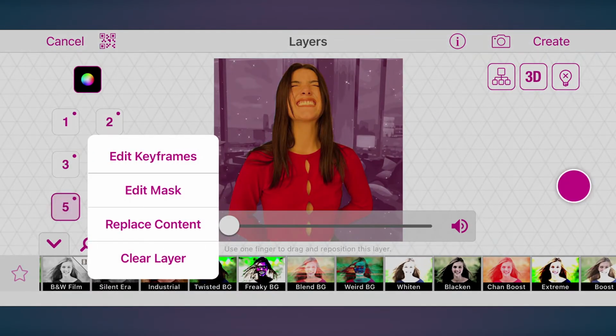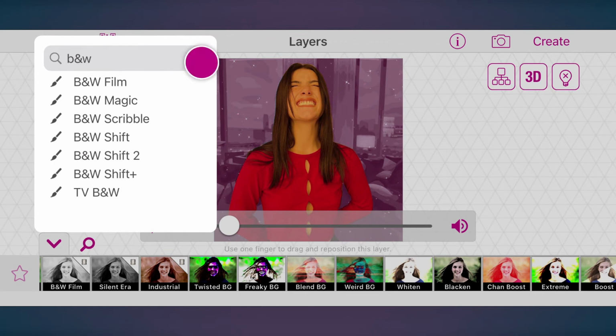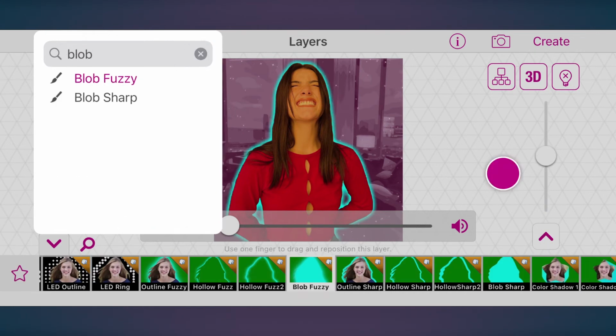Select a dark pink color for the first shadow and a lighter pink color for the second one.